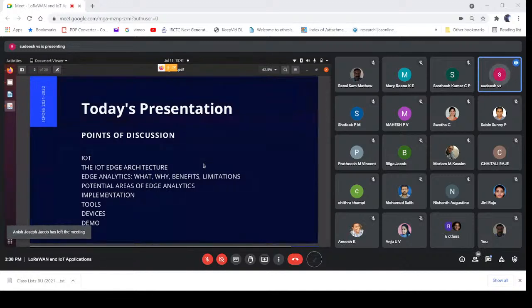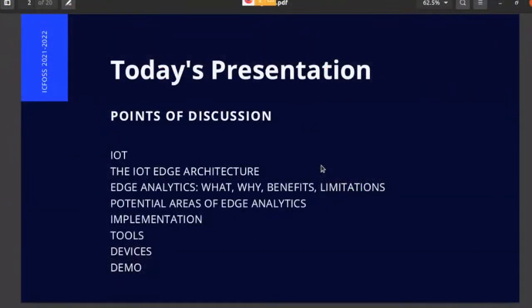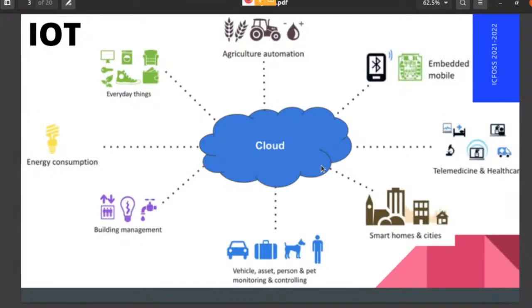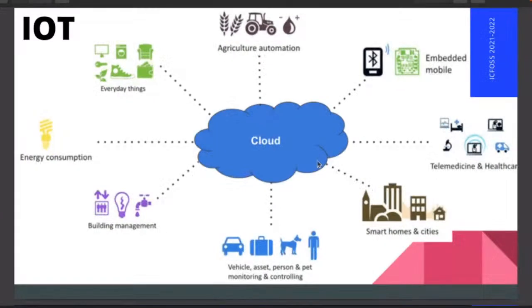So I will start from the IoT, even if it is already completed, because it is better to explain how it works. So first we go to the IoT section. You already know that everything is IoT. Currently the IoT boom is happening, because every sensor, every device is connected to the internet. So there are two scenarios here: one is devices already connected to the internet, and the other is things which are not connected.